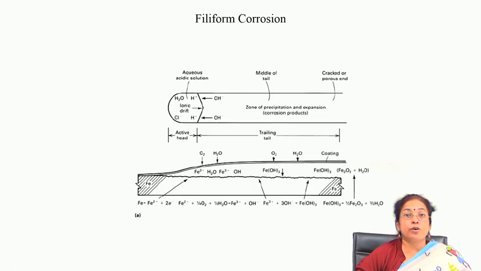So, one of the important forms of crevice corrosion is filiform corrosion, which is usually observed on painted surfaces. In the painted surface there are always very small nano-level perforations or porosities, micro-level to nano-level porosities. Through the porosities there is always water molecule absorption, and when the water molecules get absorbed on the